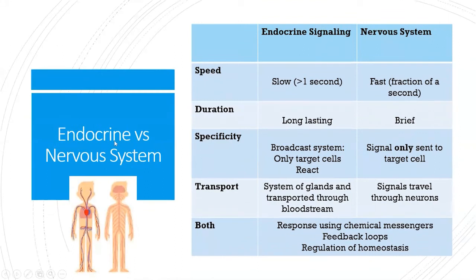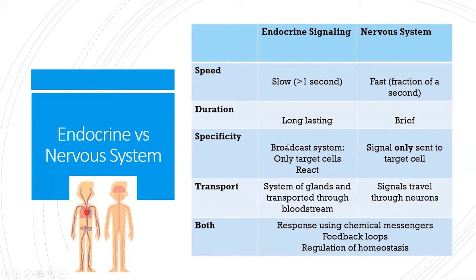So now let's talk about endocrine versus the nervous system. So the endocrine system is pretty slow. It usually takes quite a few seconds to actually complete, versus the nervous system is extremely fast and it's a fraction of a second. The duration, endocrine, is long-lasting versus the nervous system is very brief. Specificity,